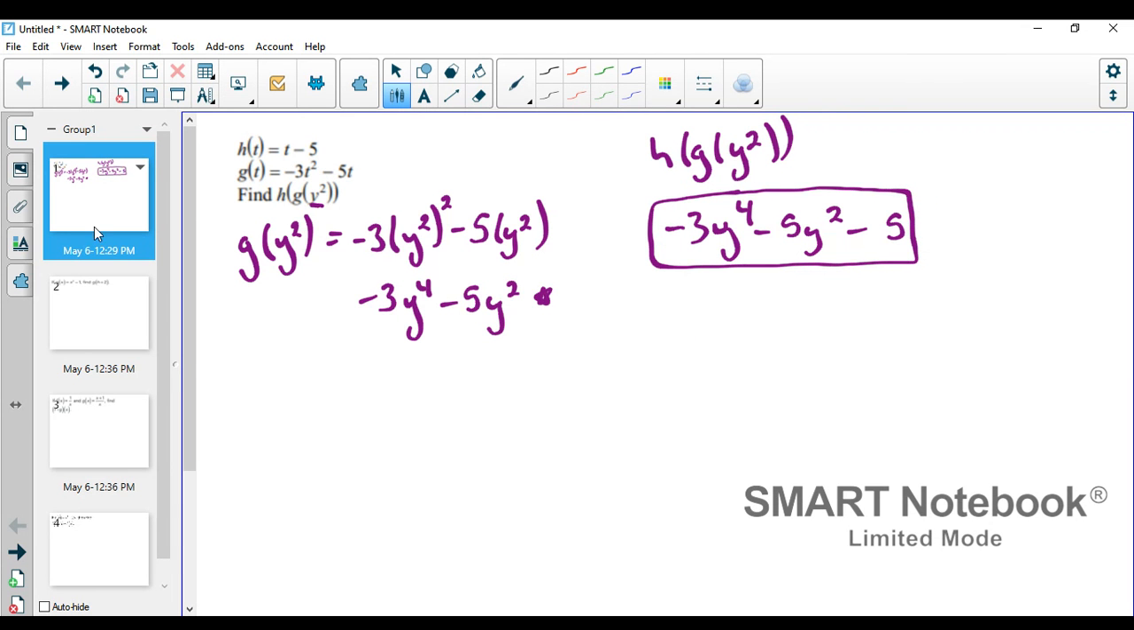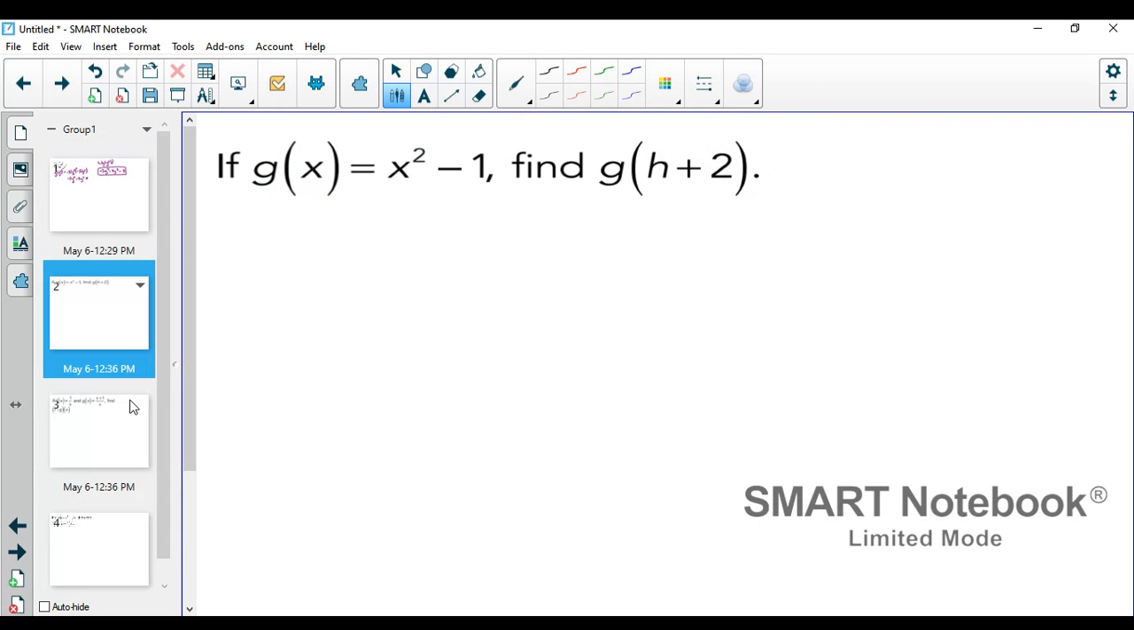So then the next one, I have an extra example of, it's a little bit longer. So we have, if g of x equals x squared minus 1, find g of h plus 2. So this one, we're plugging the entire h plus 2 into x. So it becomes h plus 2 squared minus 1. And just as a refresher, when you square a set of parentheses, you don't square each individual thing. It's the set of parentheses times itself,